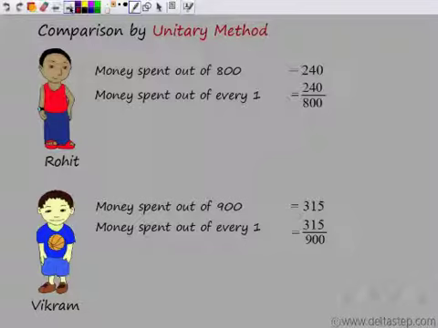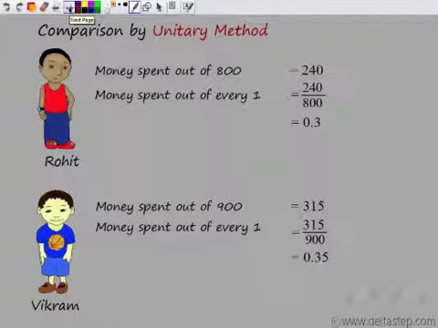So we have these two fractions here. Now to compare who spends more, I have to compare these two fractions basically. And we know that to compare fractions, it is very tedious. Either I can first bring it to simplest form, then take the LCM of the denominators, make the denominators the same, and then only I can compare these two fractions. Or else, I can convert these fractions to decimal numbers, but again that would be tedious. So after all that process, I get this as my decimal number, which is 0.3 here and 0.35 here.